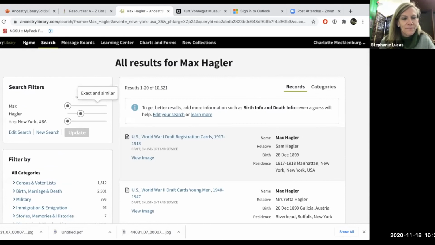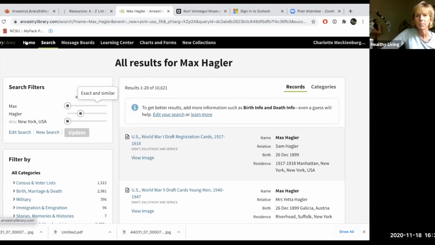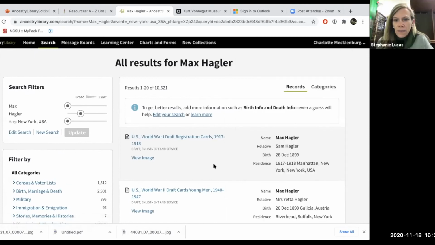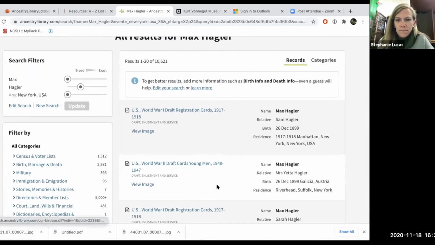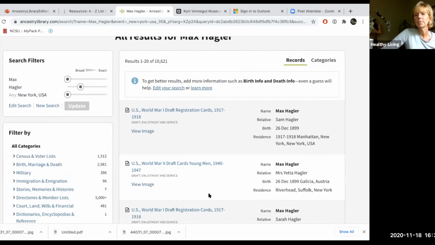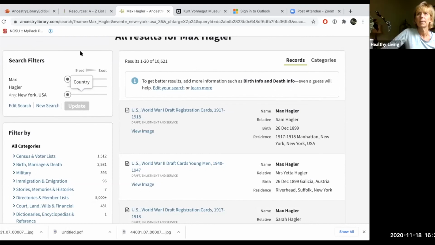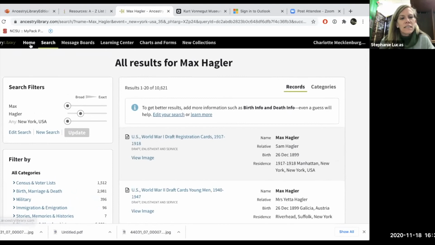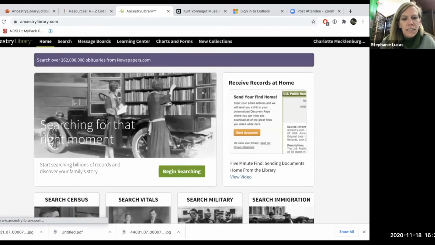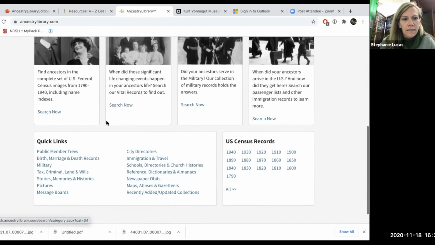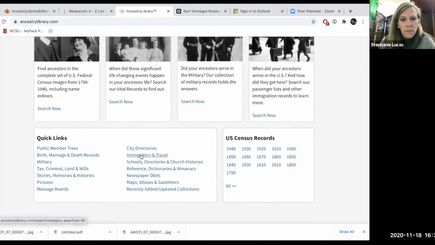I can dig back. Did it say his parents' names, so I can go back further than that? Well, it says he was born in Austria, so that's as far as I could go. So this all pretty much starts where they come to this country, right? I did find, if I go to immigration,